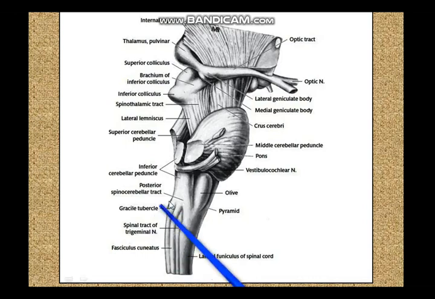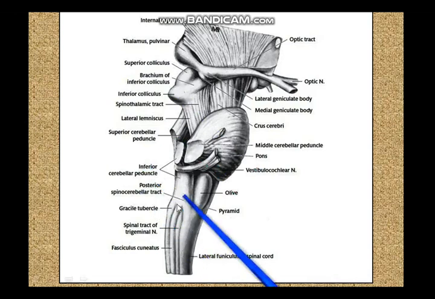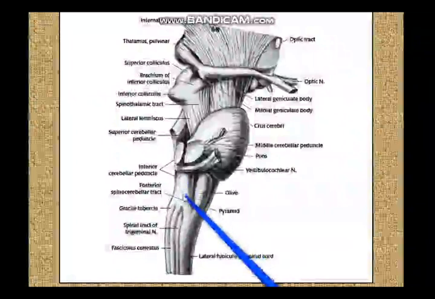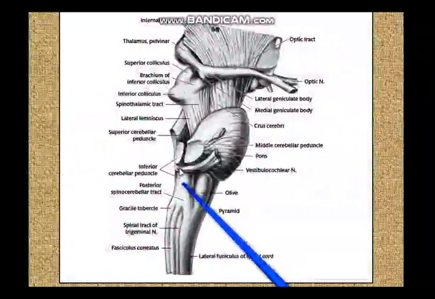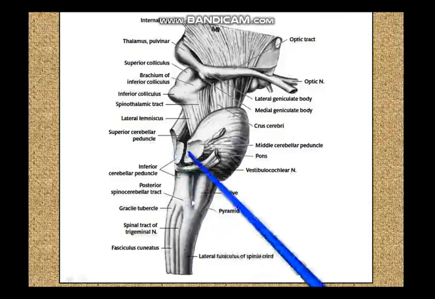And you can see this would be the open part of the medulla and the pons, where posteriorly you would have the cavity of the fourth ventricle, and this is the closed part of the medulla which you are looking at from the side. You can see the nucleus gracilis, nucleus cuneatus, and the fasciculi rising up and relaying into the nucleus gracilis and cuneatus, and then you can see the spinal tract of the trigeminal nerve. And you can also make out the posterior spinocerebellar tract over here. The posterior spinocerebellar tract is going up into the cerebellum through the inferior cerebellar peduncle. So you can see those fibers as well.